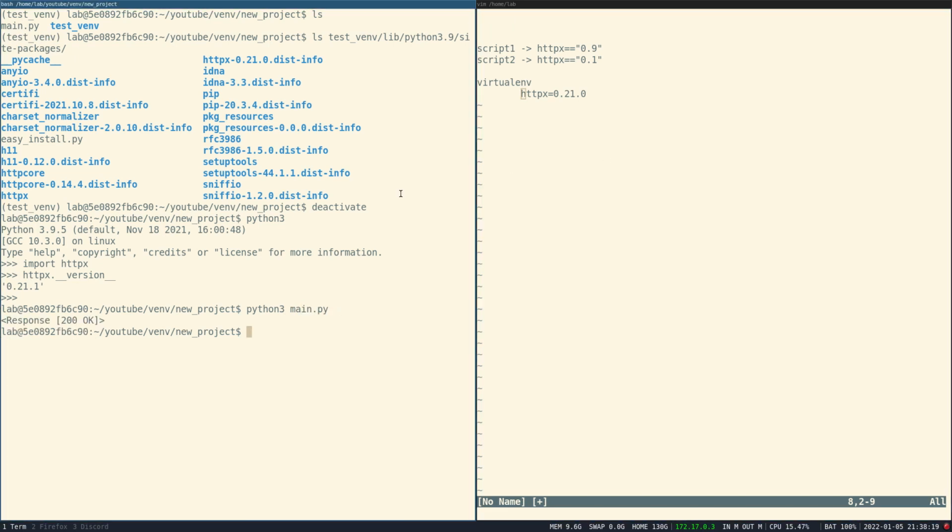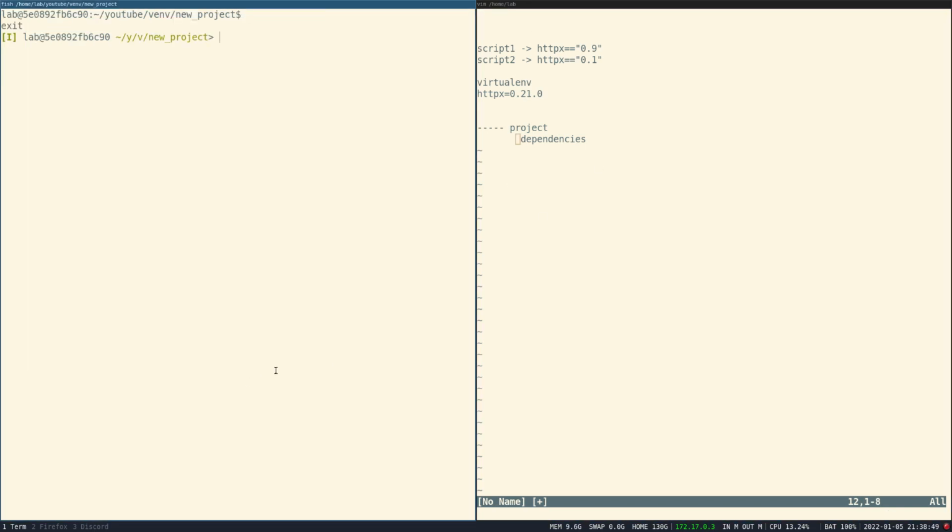So this was basically how to use it, and now I will show you when to use it. You would want to use it whenever you create a separate project, because that will have its own dependencies which you don't want to conflict with the other project. Along with that, it is also helpful if you want to test something, so you don't have to fiddle around with the whole global system, and you don't end up in a pretty bad state if you use a virtual environment.